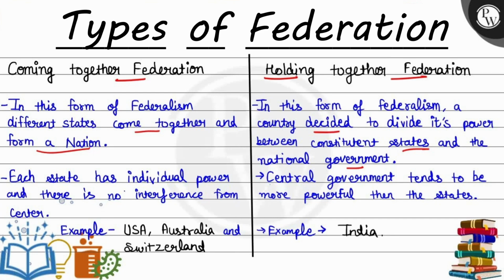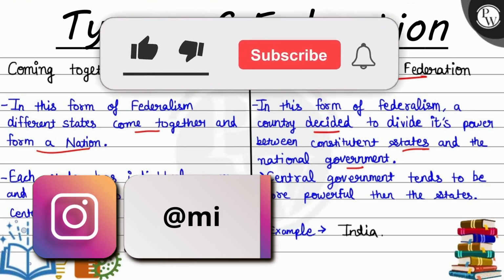Holding together federation. In this form of federalism, a country decides to divide its power between constituent states and the national government. Central government tends to be more powerful than the states. Example, India. The next video will be about